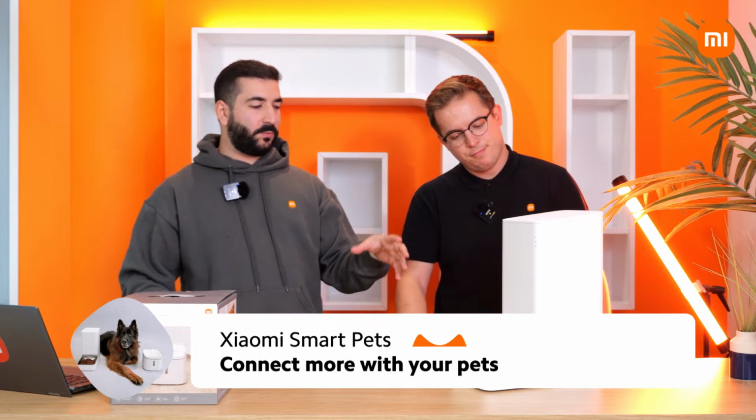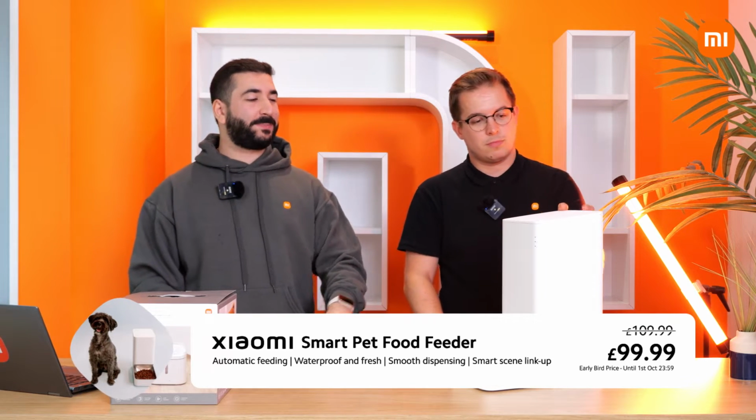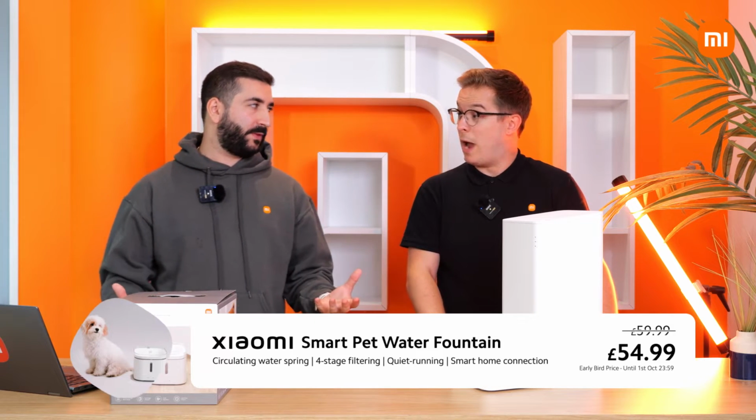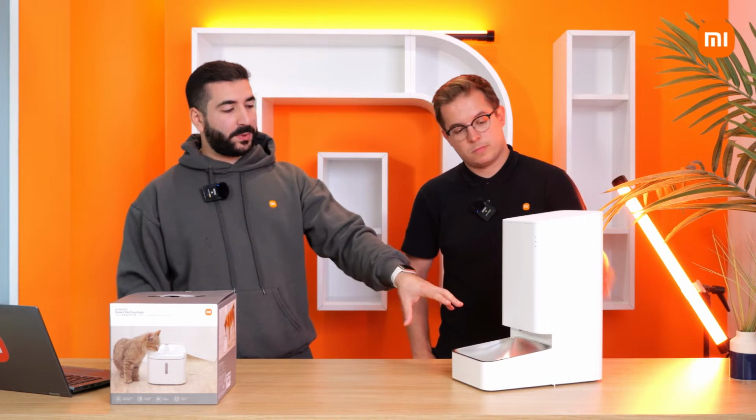I guess the key benefit with respect to the Smart Pet Feeder, of course, enters into our smart ecosystem, as you would expect, but it gives you, Jason, 24 hours of feeding time available. You can have it on a scheduled time. For example, for Rolo himself, you can have two specifically scheduled times when it dispenses the food automatically, as long as you set that up within the Xiaomi Smart app. It also gives you the benefit that, when you're out and about and want to add in some extra food, you can remotely drop some food from wherever you are